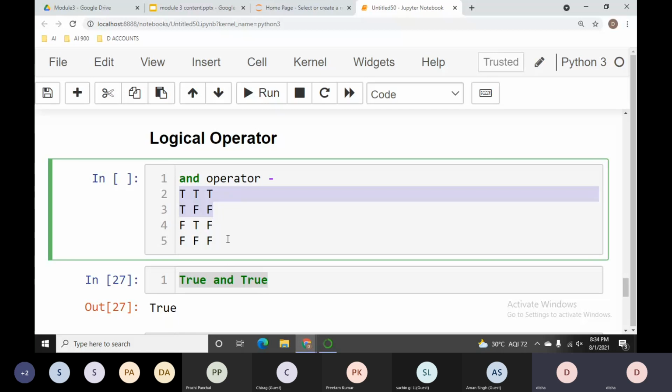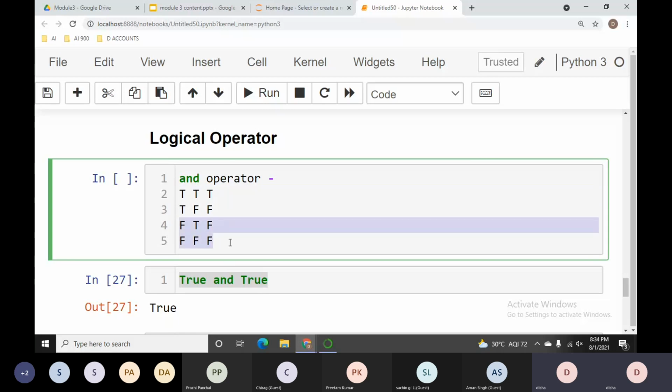I hope I'm clear here: if your first operand is false, you will definitely get the result false, so no need to take care of the second operand, just throw your first operand as a result. But if your first operand is true, at that time you will focus on the second operand, because based on the second operand your output is changing, right? So the second operand will be your result there.